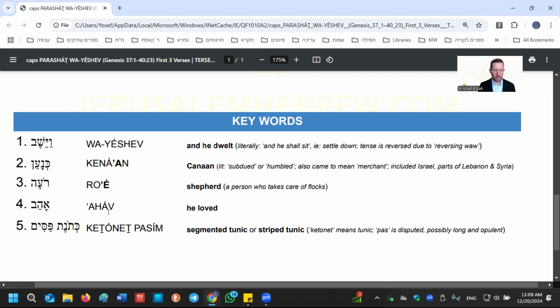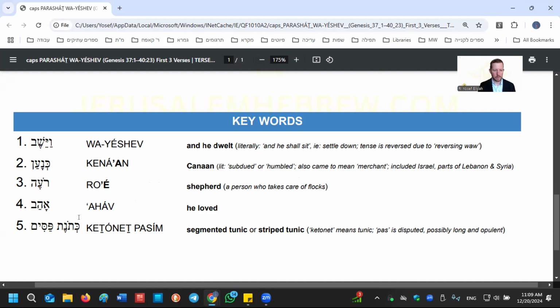Ahav is the most simple form of a verb, third person, masculine, singular, such as he did. So the most simple form of a verb in Hebrew is always going to be the quote-unquote he did form of the verb, third person, masculine, singular. And number 5,